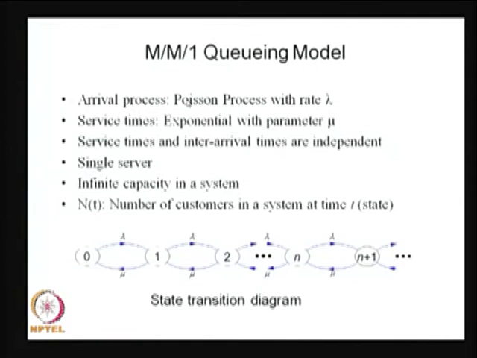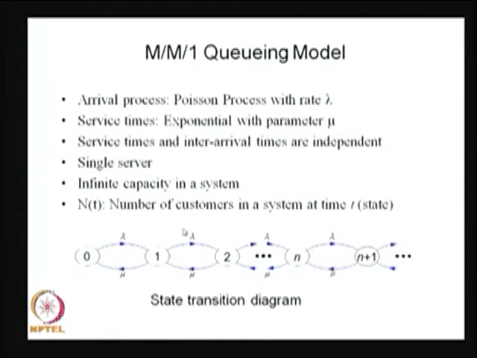Whatever assumptions we have for the Poisson process are going to be satisfied. And since we have only one server in the system, who serves only one customer at a time, after finishing a customer's service he moves to the next service immediately, and so on, if customers are available in the queue. Therefore, the system goes to the state one below by only one move. It won't move from 2 to 0 or 3 to 1 and so on.